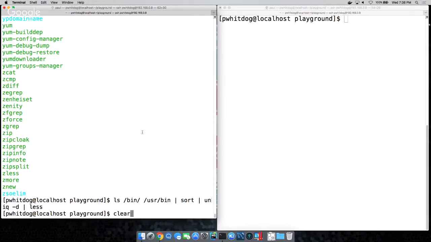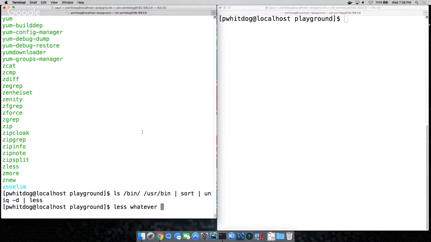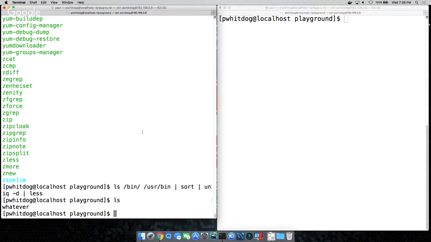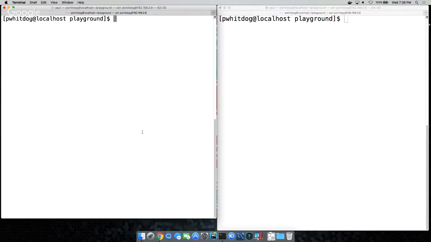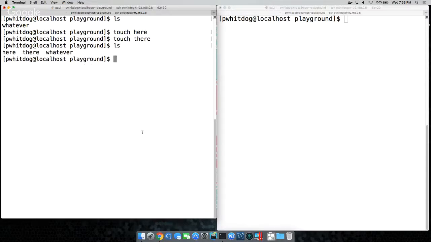Just if you just did ls of where you're at, or do you have anything in this folder right now? I don't know. No, I don't think so. Yeah, whatever. I got whatever. Clear. You just have a whatever. Just whatever. The type symbol is kind of like a verb. Right. Yes. It's a low level concept.